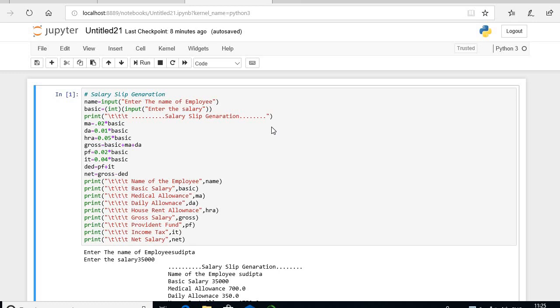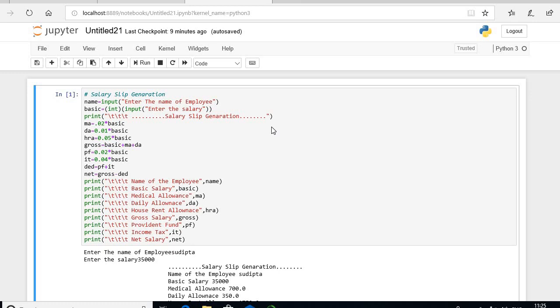The topic that I'm going to explain today is how to generate a salary slip. Here you can see a basic salary slip generation code is open. Hope everyone can see the salary slip generation code. This is a very simple salary slip generation, and here I did not use any standard rules of a company. I have assumed some predefined conditions so that you can understand the code. It's a predefined condition. I'm again repeating, it's not any standard rule for deductions or salary slip generation. It's just predefined conditions.